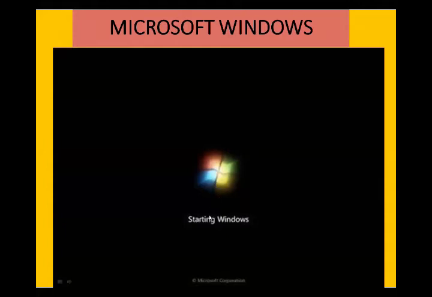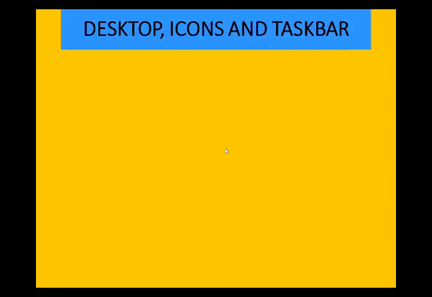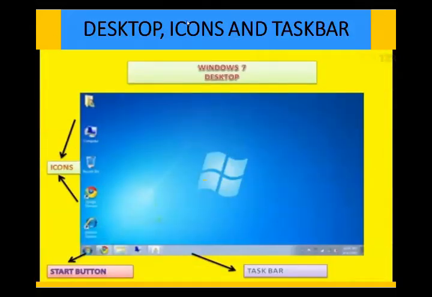You can see in this picture a Windows flag, which appears while Windows is loading, and after a few seconds a welcome message appears on the screen. Finally, after loading, the screen appears.